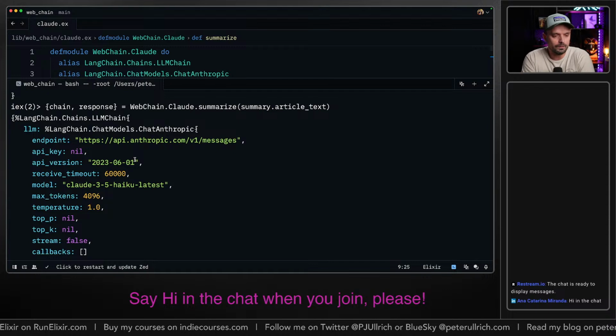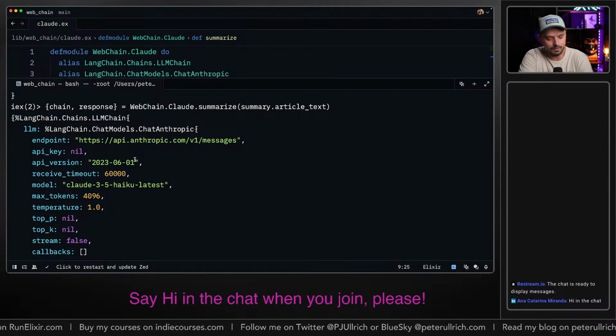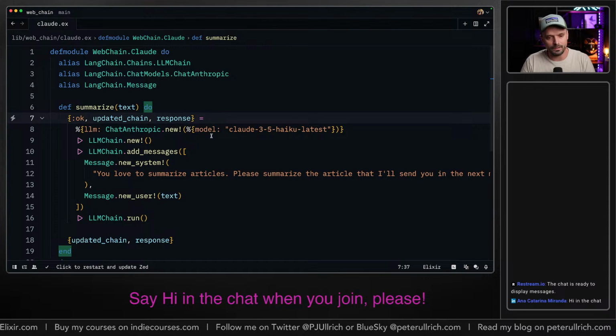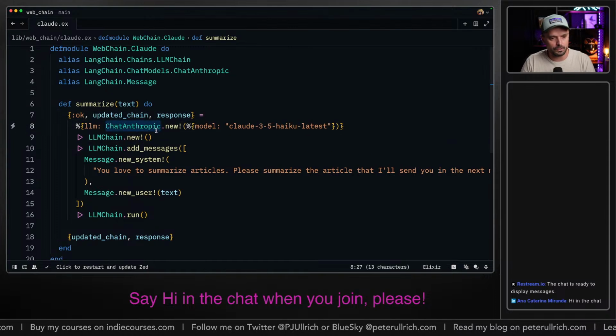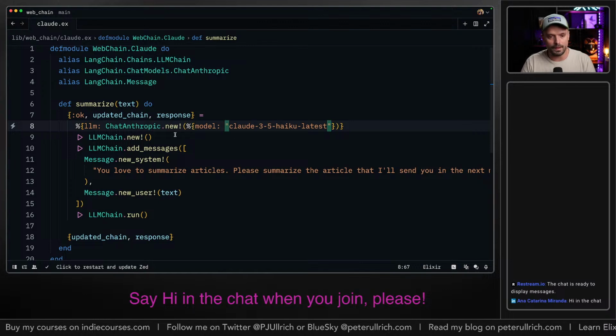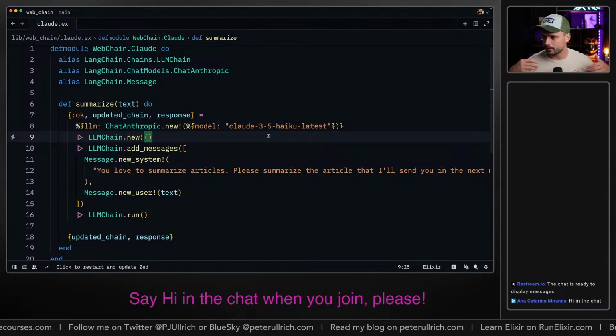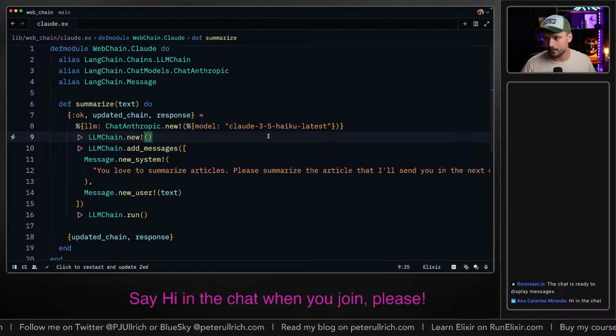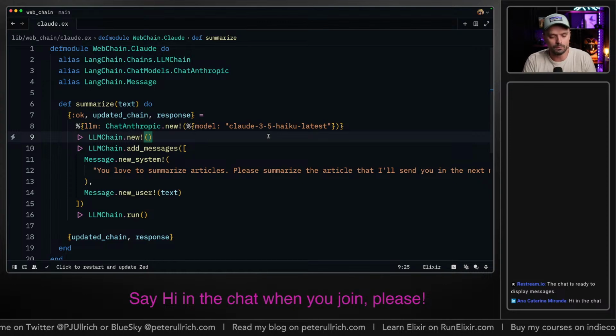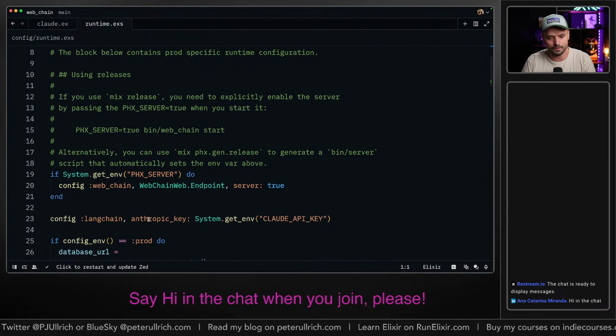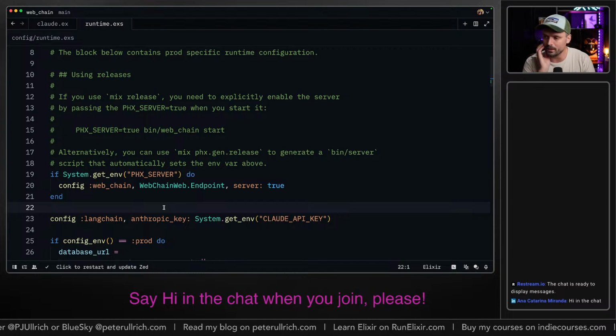You can probably also specify the API key when you instantiate the, well, I'm saying instantiate, but, you know, when you create this here, when you do chat Anthropic new, and then in here I can probably also add an API key. And that way I can create multiple different instances of an Anthropic model, right? So I could have like 3 API keys, one for each client that works with me. Maybe they provide the API key and they want to use their own API key. And yeah, I don't want to make that a global configuration, right? Because this API key will be different for every single response we're sending.